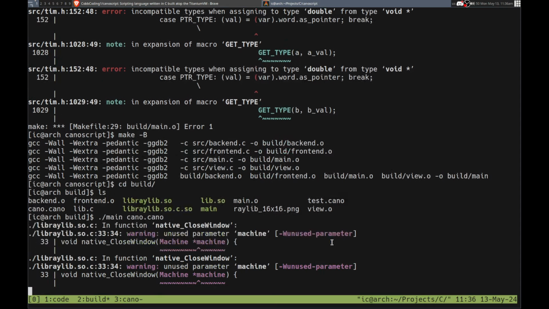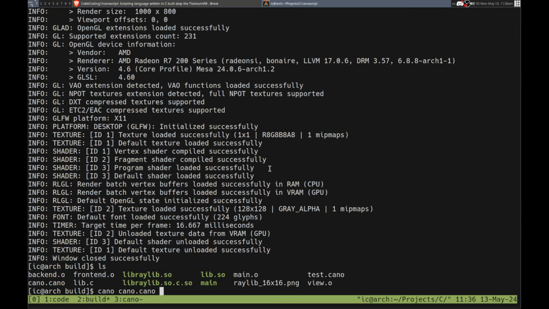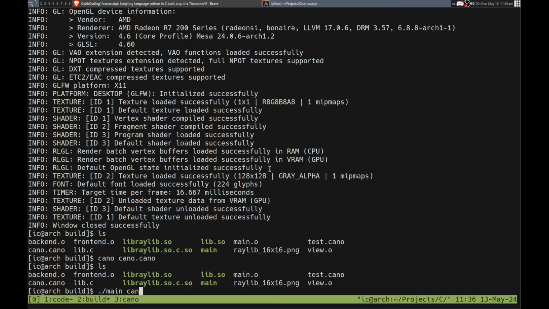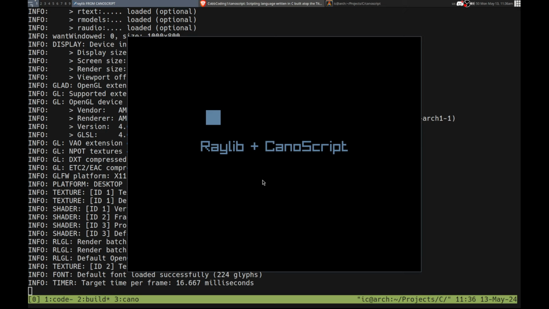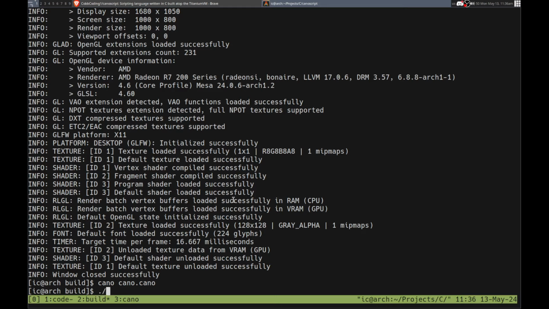Let me see if it works. Okay, it looks like it does actually work. So let me go here. And what if I change side? So 1 equals down, right. And yeah, that stays, okay? The key right is actually all capitals. And there's something as well. Okay, let's go there. Save that. Right, so it should work on either side, right? Okay, there we go. And yeah, so now it actually works properly. The other comparisons are also working here. Let me actually try